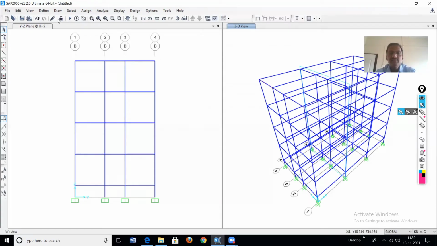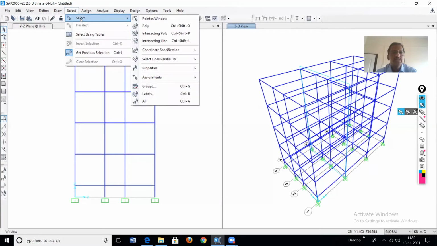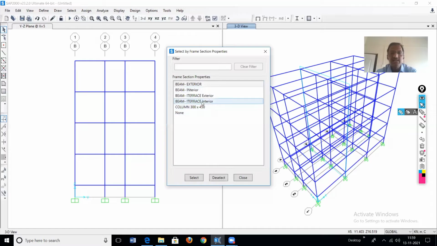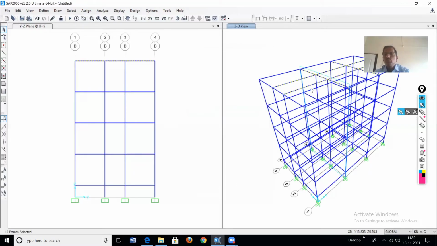And lastly, select properties, frame section, terrace interior, select, close. See, only interior beams at the terrace level have been selected. So all the definitions of the beams, exterior, interior, terrace exterior, interior, have been checked and it is correct.